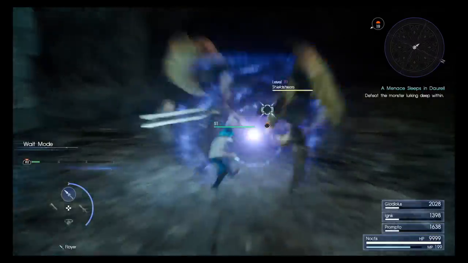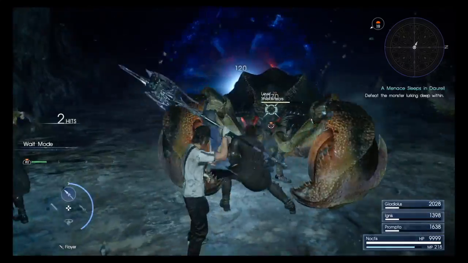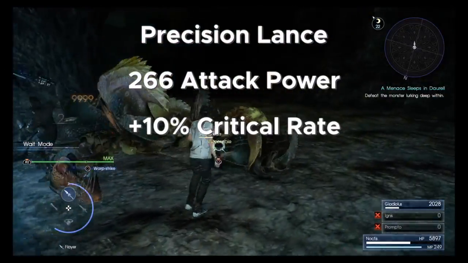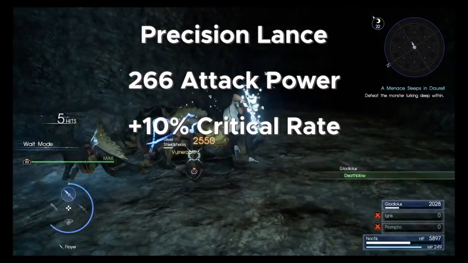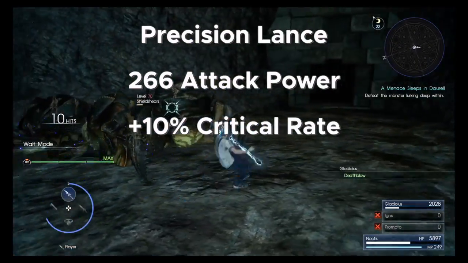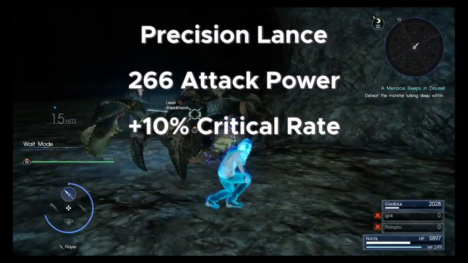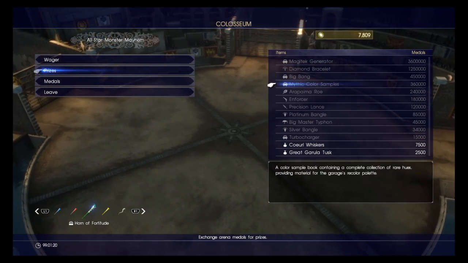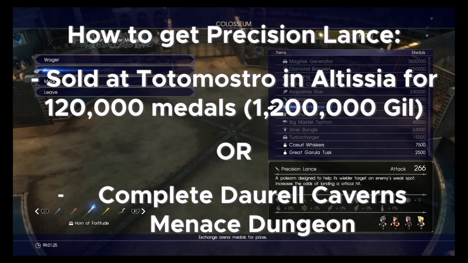I find that I pull more finishers off than I do just holding the attack button down, so it really fits my playstyle. The runner-up for the Polearms is the Precision Lance, which I don't really recommend getting. It comes in at 266 attack power, which is quite a bit lower than the Flare. This one gives you plus 10% critical rate, which is basically the percentage chance that an attack will be a critical. You can find this one from the Totemostro minigame rewards in Altitia or in the Durell